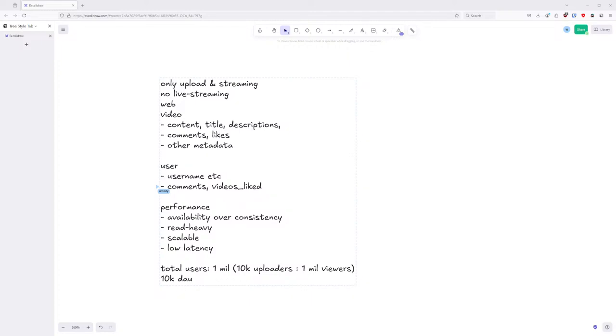Each user, let's say they view maybe 10 videos per day. Okay, sure, or instead we can just say they watch 1 hour a day. Sounds good, that way we don't care about the length of the video. Each hour of video, we assume it's 500 megabytes. Would that be a good estimate? Yeah, sure, that's fine.